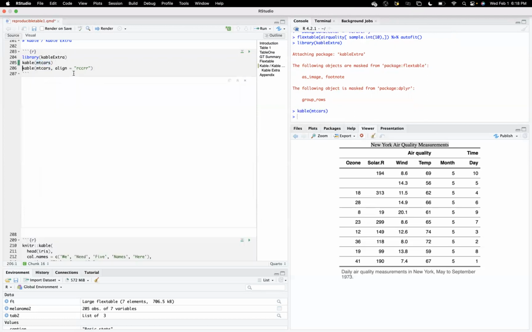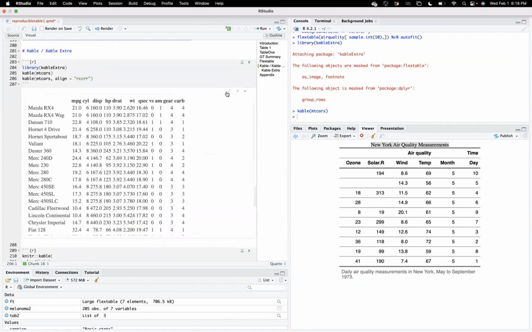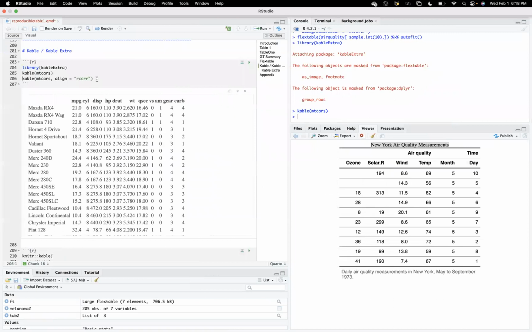So the default kable just makes it look a little bit nicer rather than just printing. It changes the font so it's a bit easier to read and spaces it out nicely. So it's a really easy way to make a simple data frame look kind of nice. And you have a lot of options here. You can change the digit numbers, you can add a label